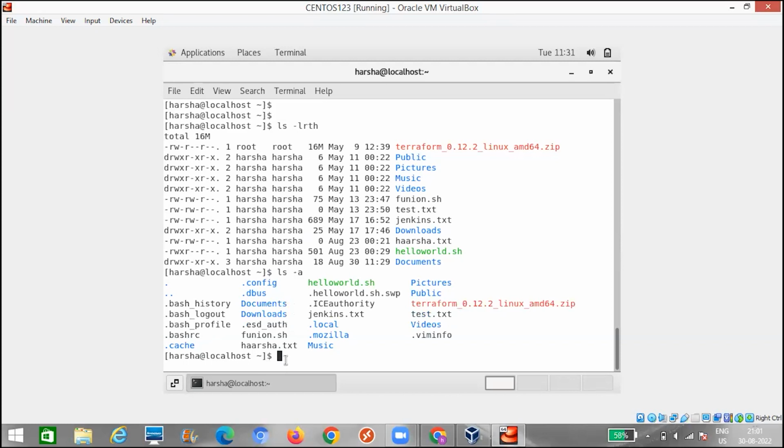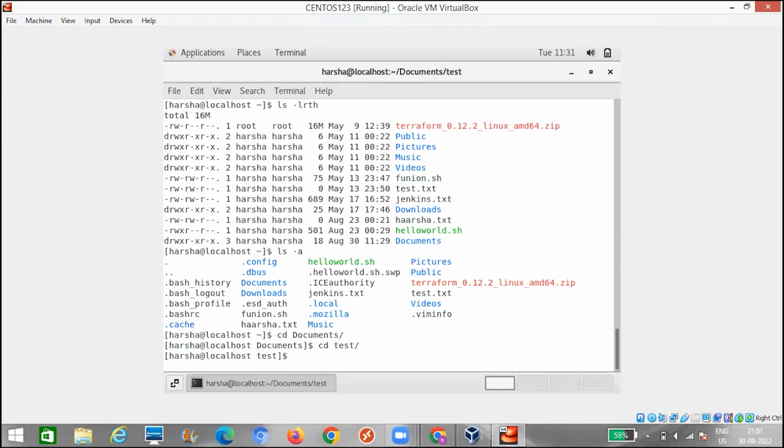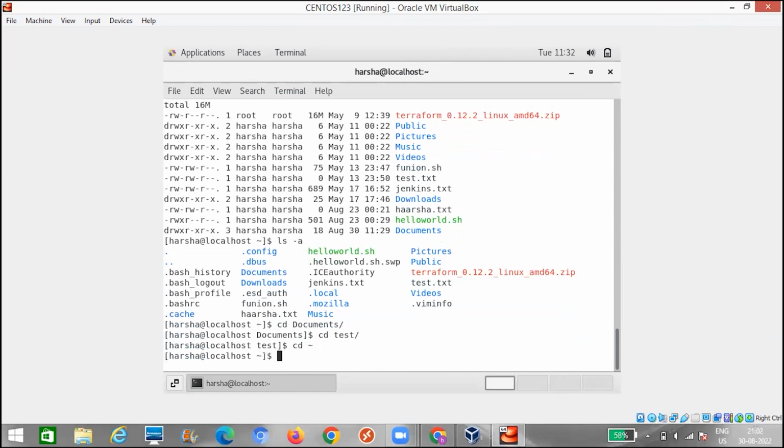The next thing we have discussed is cd, change directory. If you want to move from one folder to another folder, we use the cd command. cd documents will move to the documents folder. cd test moves to the test folder. If you want to move to the home directory, you will use the cd tilde command.